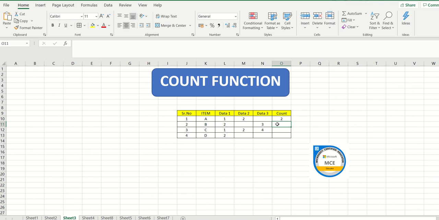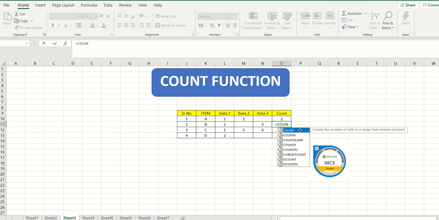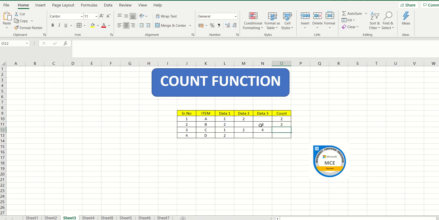So let's do the same formula with the second one just for practice. It is equal to, then type in COUNT. Okay, it is coming. Double click on the first command, select your range, and then hit enter. Again it is telling me that it has 2 entries, and if I want to replicate the same formula on the remaining cells, what I will do, as I've informed you in tutorial 1 part 1 of MS Excel, is drag my mouse cursor to the extreme right-hand corner of this rectangle till the plus sign comes into picture, and then double click on it, and it is automatically going to replicate the formula.